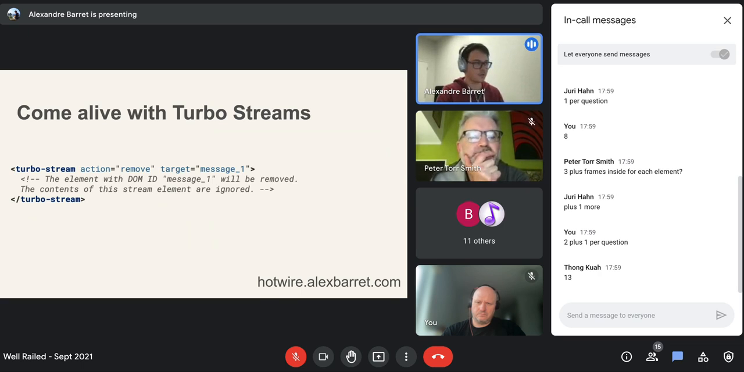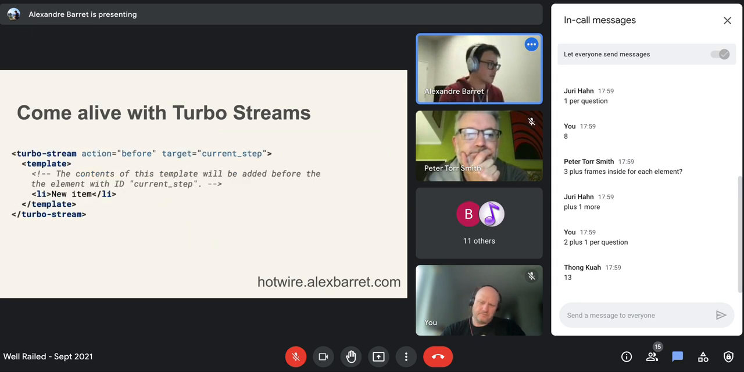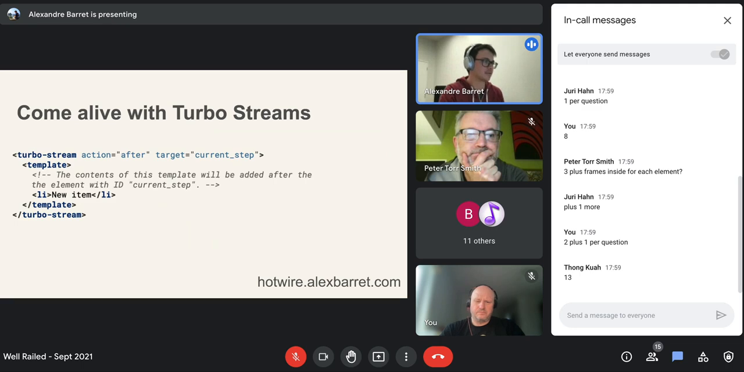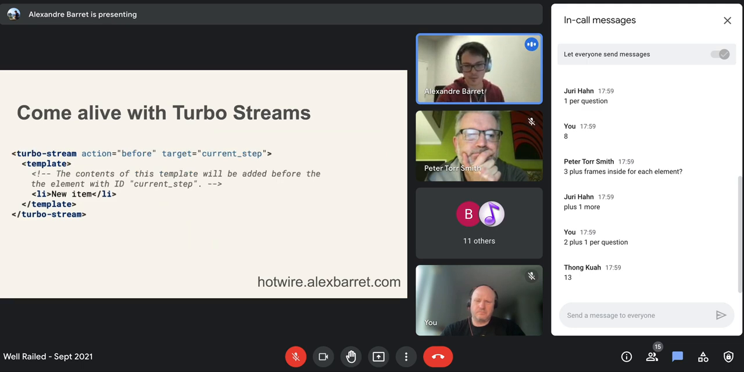Then there's remove. From the target message one, it will look for the ID message one and just remove it. You don't pass a template because you just remove the whole tag. So in the app, if we had a delete question and we passed this template, it would just remove the question. Then before and after, I haven't had the chance to use them, but I guess if you have a tag, you put it just before it or after it, not within the tag, but outside of the tag. So those are the seven